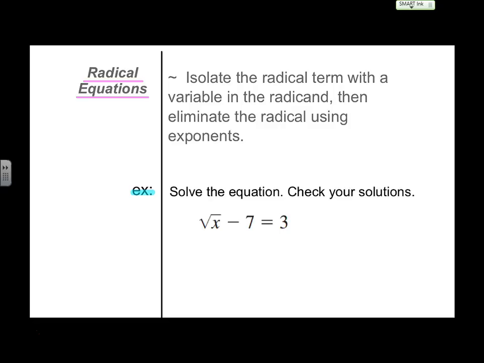Well, what do you think my goal is in this equation? What am I trying to get out of it? I'm trying to get the x alone, just like I was before. But in this one, what's the first thing you think I should do in order to get that x alone? Oh, that's 7. So if I add 7 on both sides,